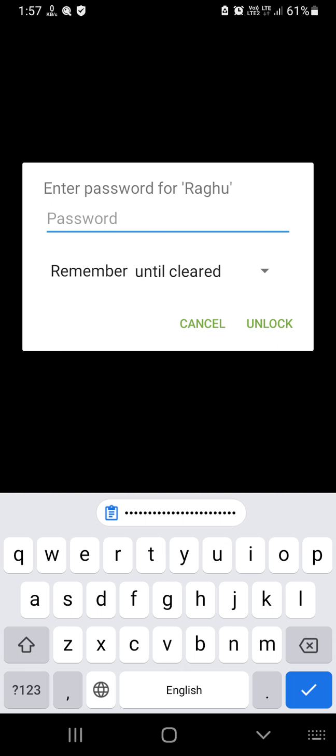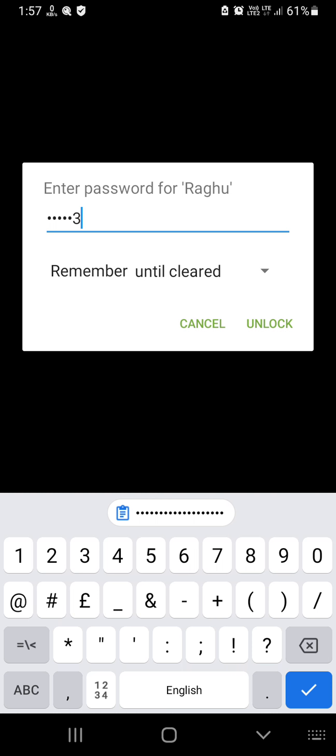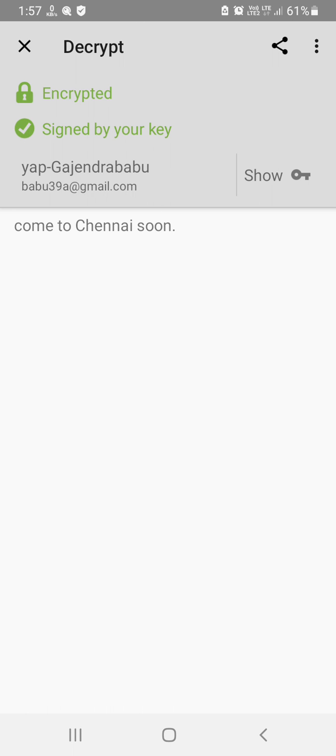I set sun12345 as the password while creating Raghu. So now touch unlock. Come to Chennai soon. Now OpenKeychain can read the message.